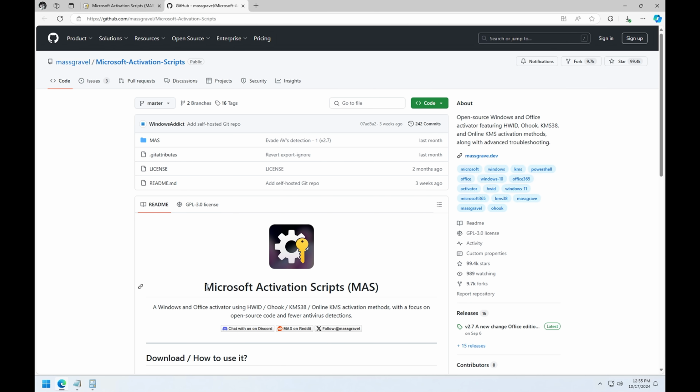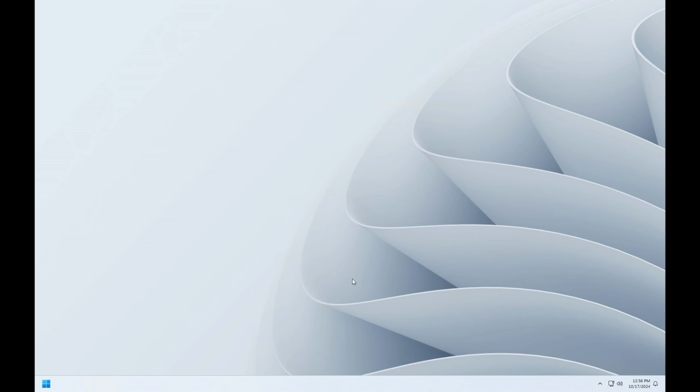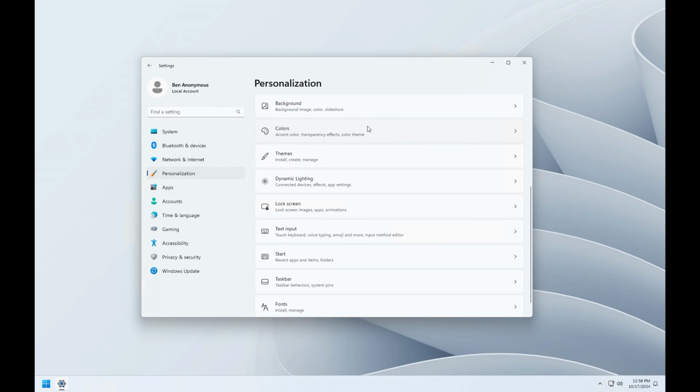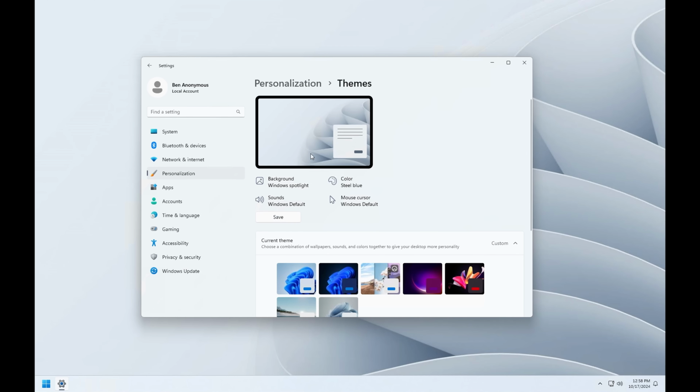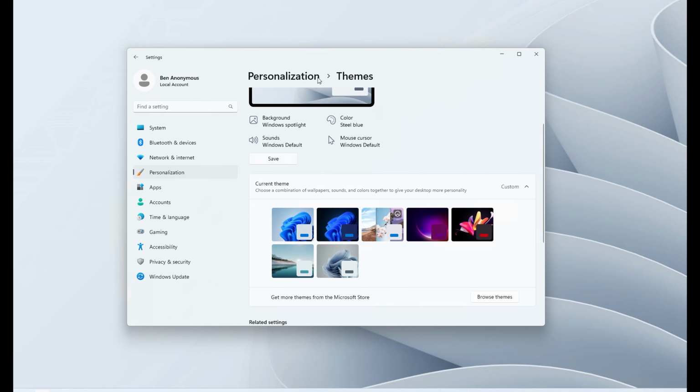So just in case you didn't want to run this activation script so you can have your super legit copy of Windows 11 Internet of Things Enterprise Long-Term Service Channel, the only reason to activate your copy of Windows is to get rid of the activate Windows watermark and to be able to customize the operating system. You can change a few things. You'll be able to change the theme. So you'll be able to pick one of these default themes, but you won't be able to do this out of the box. In order to add the ability to use the theme section of the personalization section of the settings app,